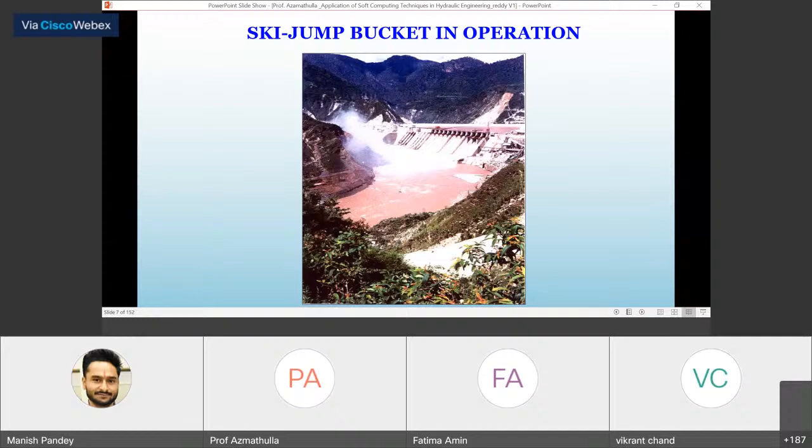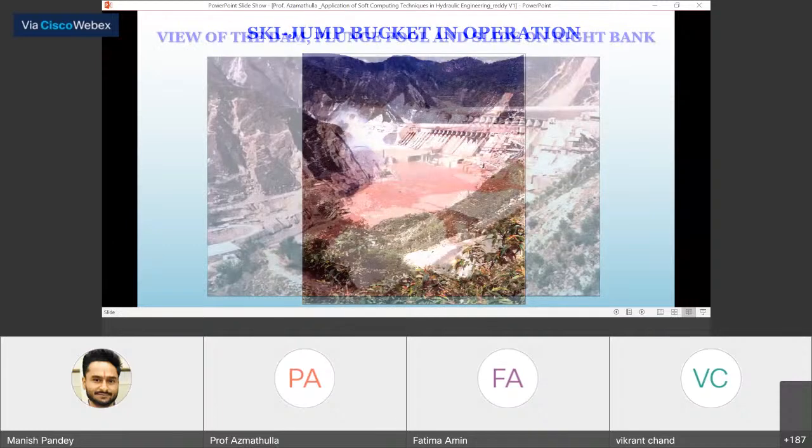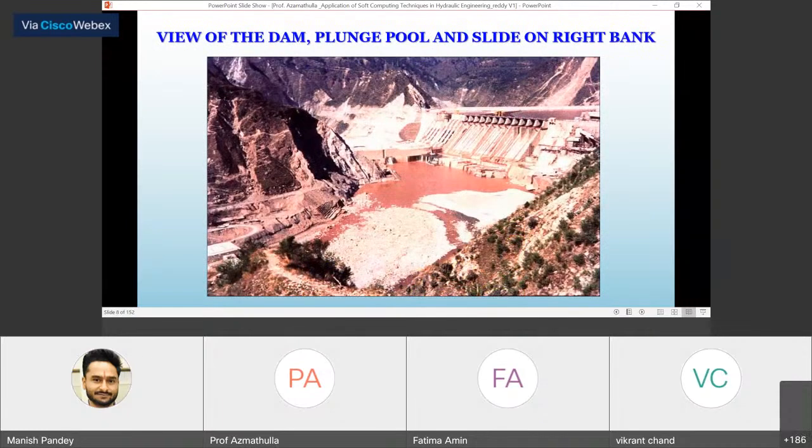Okay. You can see Salal Dam spillway in operation. This is energy dissipated; they provided a ski jump bucket in operation. You can see the jet, and you can also see fog. They don't see on the right hand side what is happening. So all the powerhouse, everything, was destroyed within one day. This is another cause: since we have maintained power generation at full reservoir level, this is up to almost 97